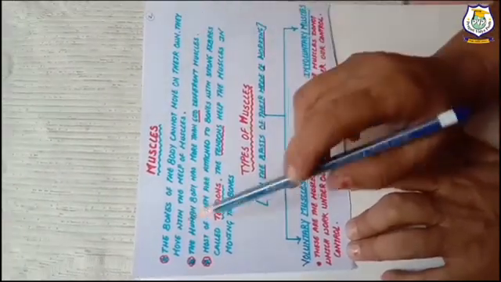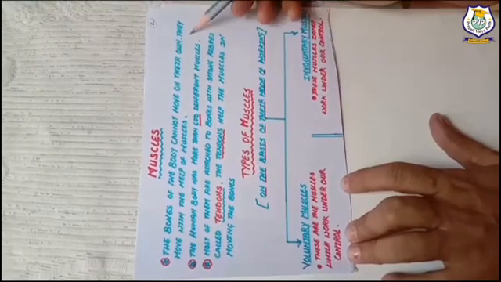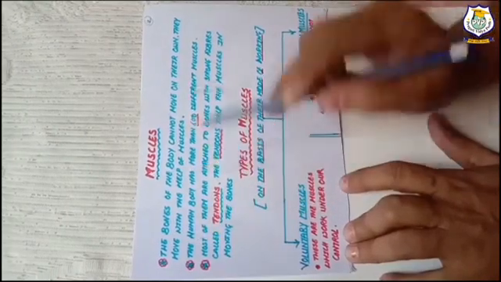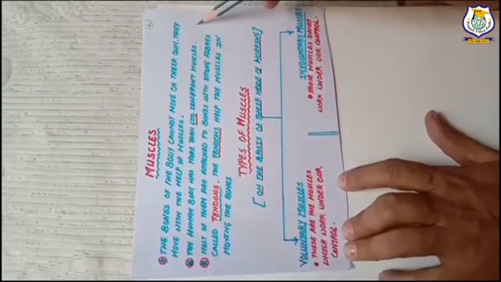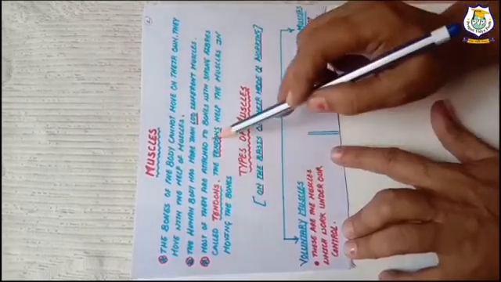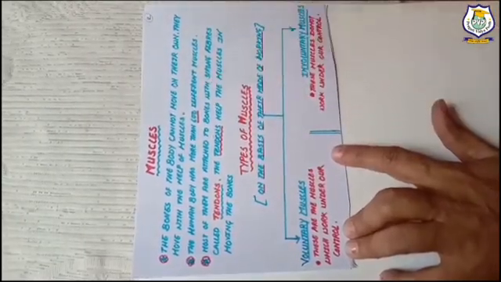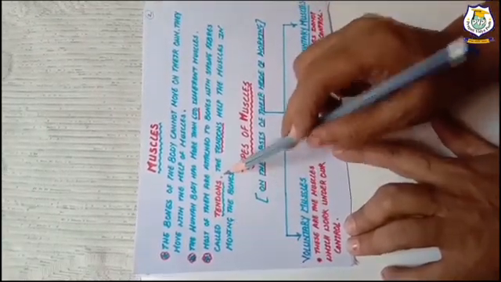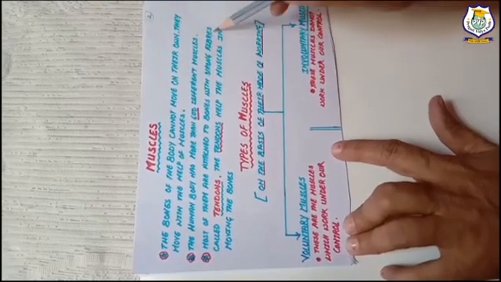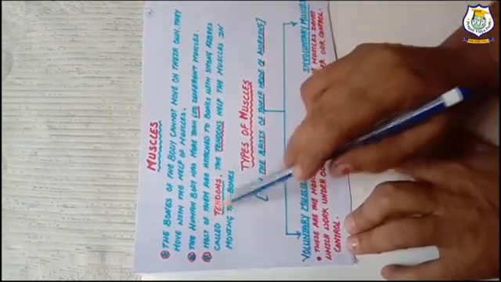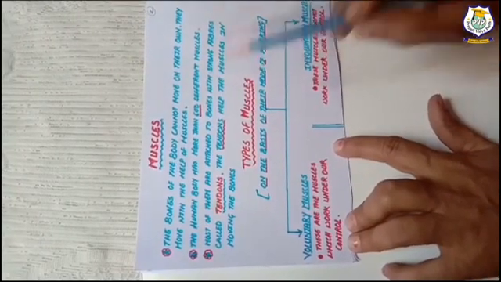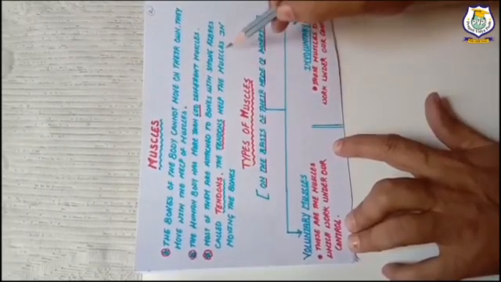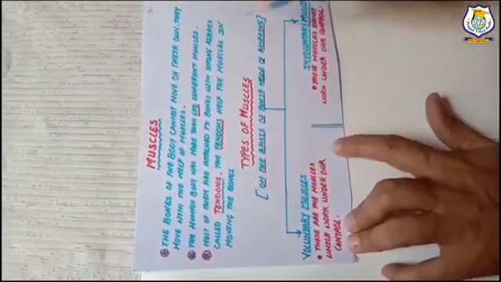So, bones cannot move on their own. They move with the help of muscles. In the human body, there are more than 600 different muscles. Most of the muscles are attached to the bones with strong bands or strong fibers called tendons. So what are tendons? Tendons are strong fibers by which the muscles are attached to the bones. The tendons help the muscles in moving the bones.